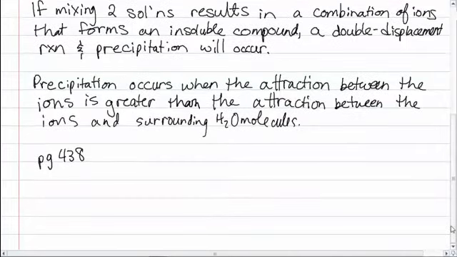To find out whether combining two solutions will result in a precipitation reaction as described above, we must first predict what the possible products are in a double displacement reaction, and then we must see if any of the products are insoluble. So this is just like what we did in Chapter